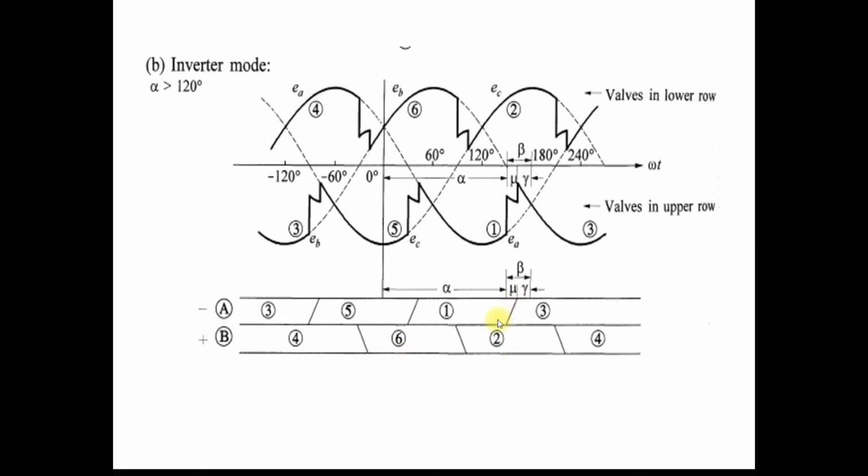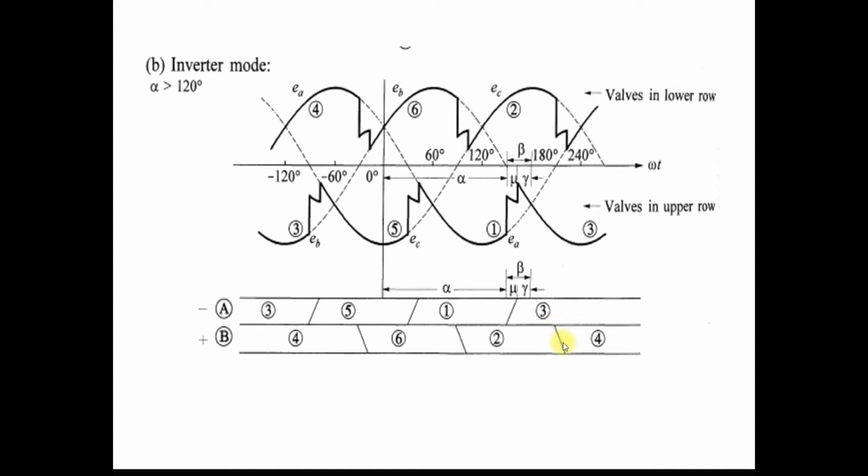You can see that in this operation of the inverter, the commutation is completed before the commutating voltage becomes negative. After this phase crossover, EBA becomes negative, but here commutation is over. So this abnormal condition does not happen in this waveform. But suppose your commutation is not completed before this phase crossover. What will happen? Valve 1 continuously conducts for the next duration, and valve 3 remains off. Here you can see from the lower group, at this angle valve 4 starts conducting.